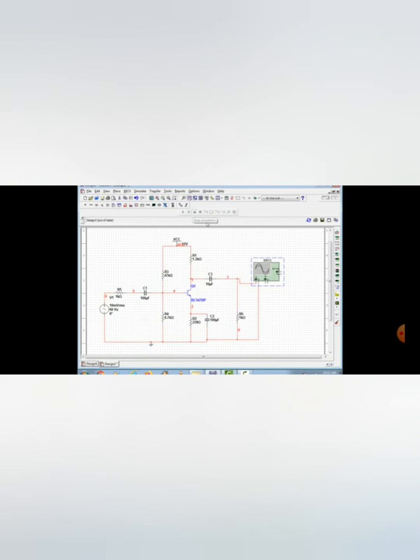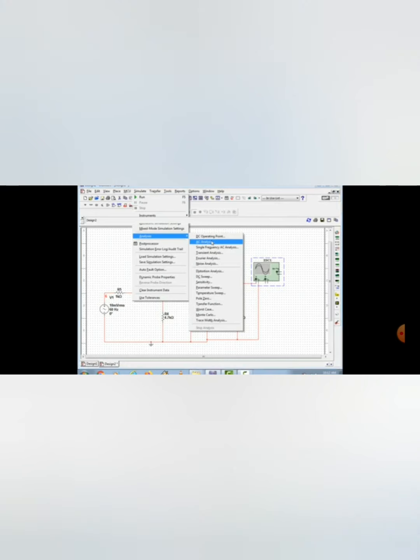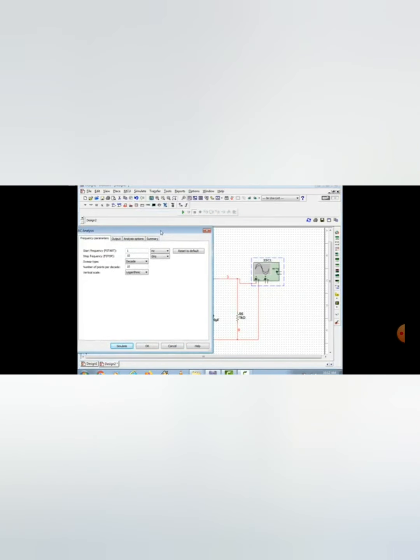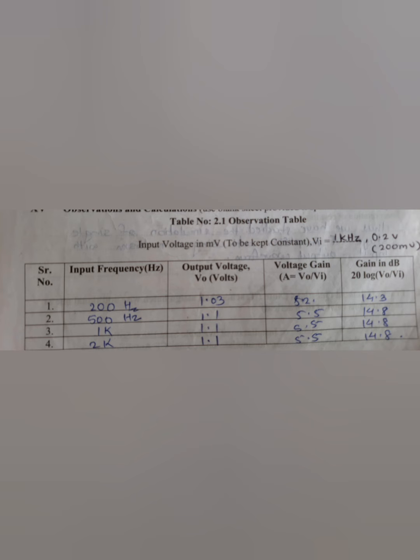In this way, you can see the output voltage. It is getting amplified. The output is increasing. In this way, you can see the output waveforms, which we normally see on the CRO. We can see them in the simulator. So this is how the simulation works, where this is the various output.